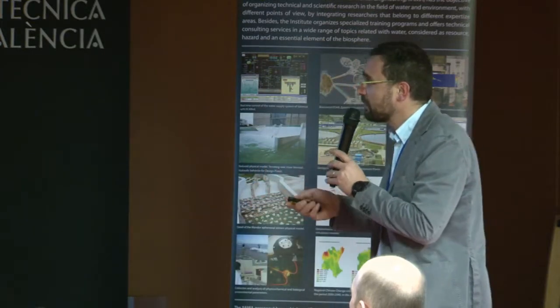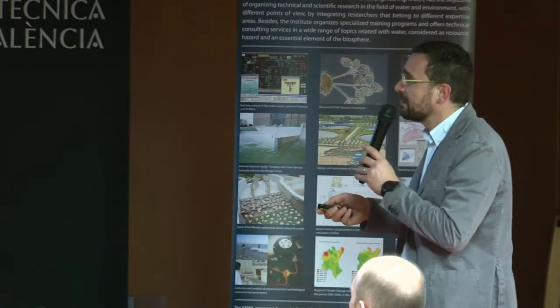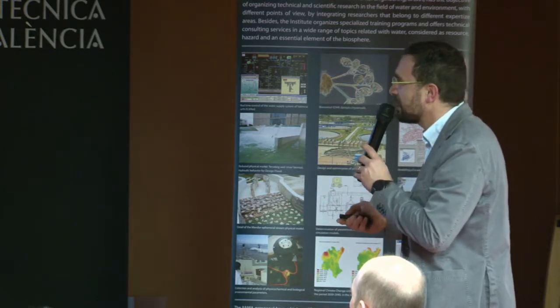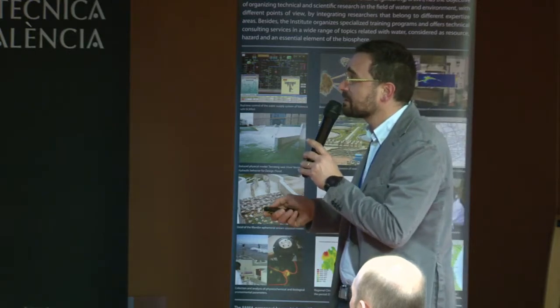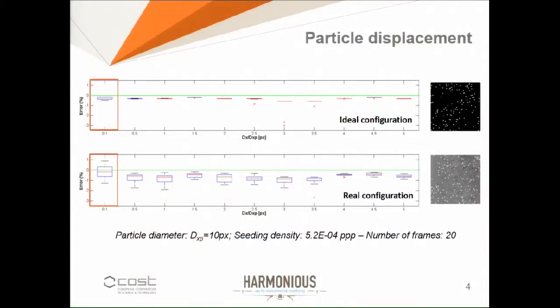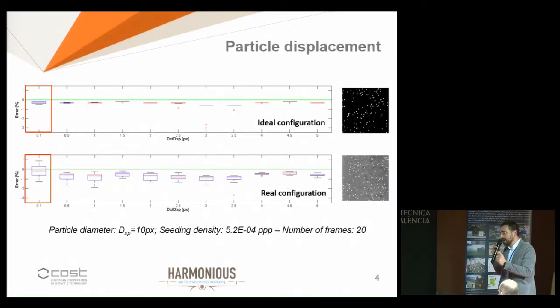And here, we don't see any significant impact in the relative error of this technique applied to this kind of configuration, while some differences are observed in the variance of the measured velocity when moving from slow displacement up to a larger displacement. Apparently the displacement is a key factor that we need to know in advance in order to understand what the particle size should be in a specific configuration. It is affecting